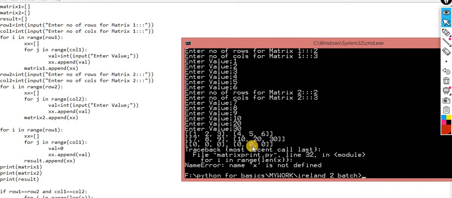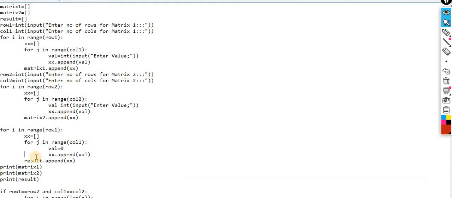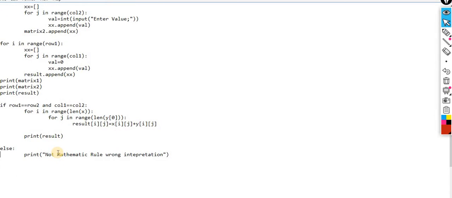Now the entire things are ready. The rest of the things depend upon our code. Now the code we have to define, but I made a mistake over here. It's saying x, because x is nothing at this point of time. Here you are supposed to perform row 1 or you can perform column 1.